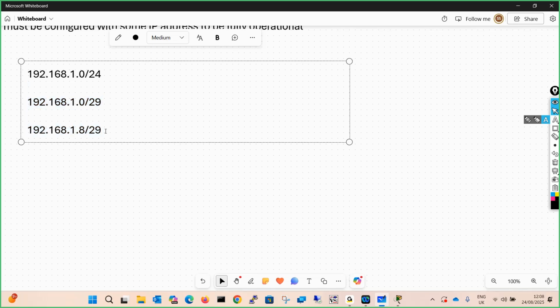So the first usable IP will be 192.168.1.1 and the last usable IP 192.168.1.6. The network ID is 192.168.1.0, and 192.168.1.7 will be the broadcast ID, which is not usable, right?